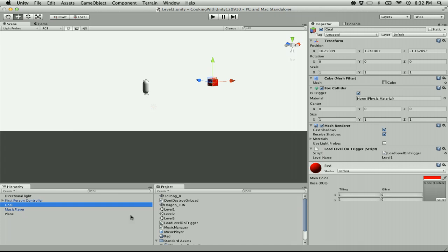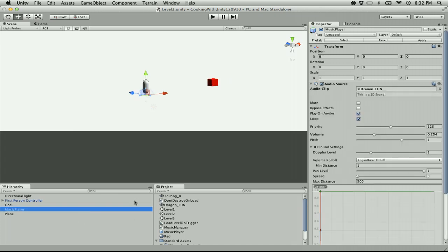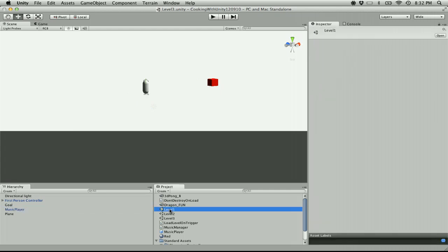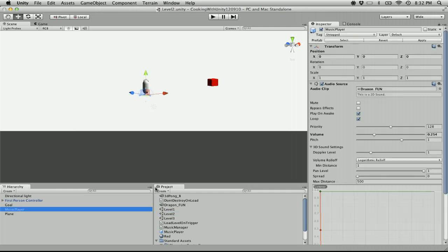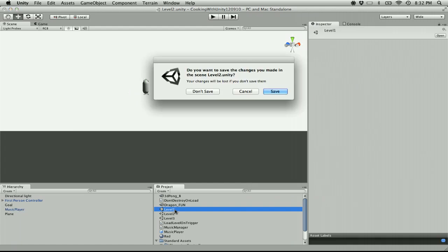And so level 3 will have Dragon Fun, and level 1 will have... Actually, let's do level 2 with regular Proton Pulse. Come here. Is it loaded? I guess it's loaded. It loads so fast. So we'll put the 3D Pong in here. So if we go to level 1 and we hit play,